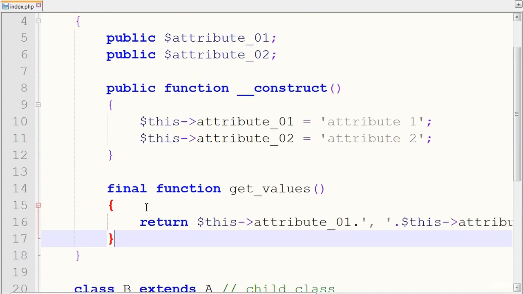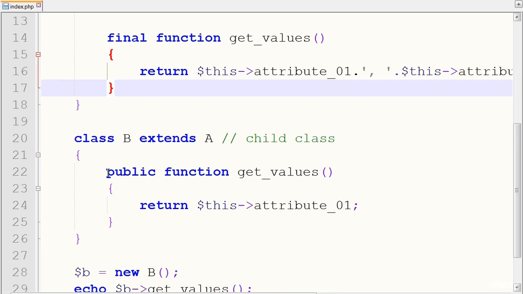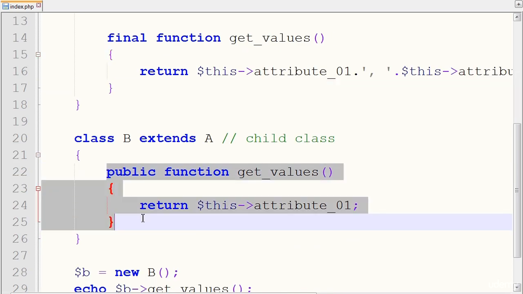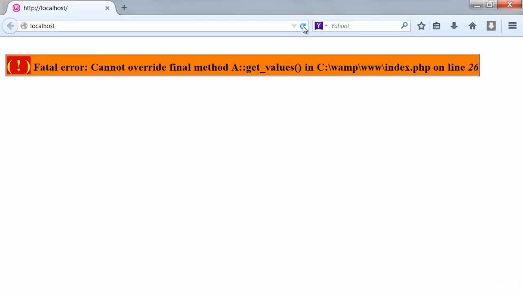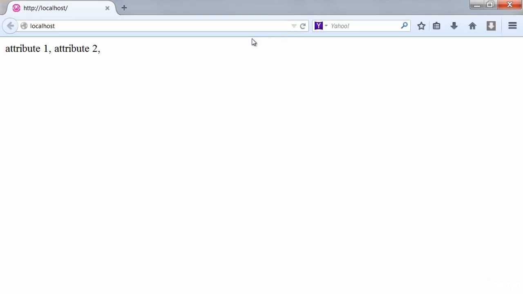Now, if we use our access specifier final, we cannot allow our methods to be overwritten, our functionality to be overridden. So I believe, let's just say if we remove that, go back to our browser, and congratulations, we can still use our method, but it's calling our method from our